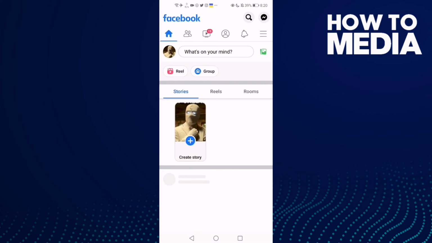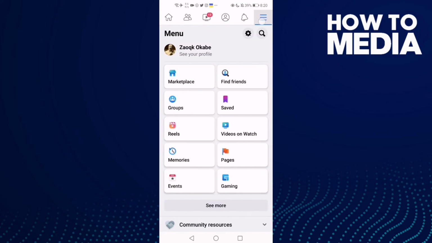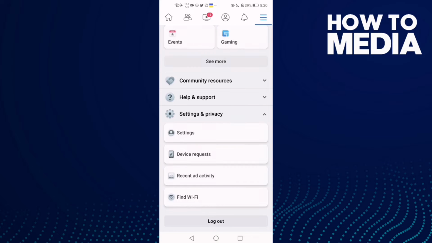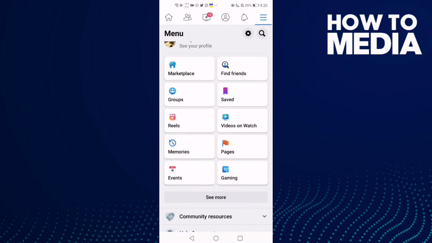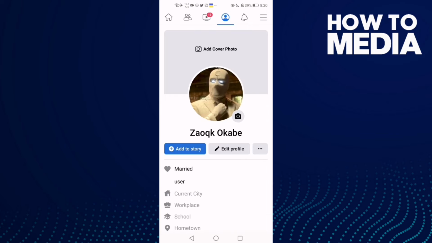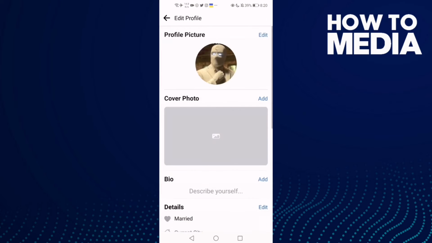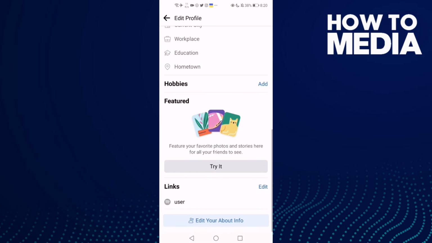First thing, go to Facebook and now click these three lines in the top corner and go down. Click settings and privacy, and sorry, not settings, click on your profile here and then you will find edit profile. Click on it and then just go down until you find links and click edit